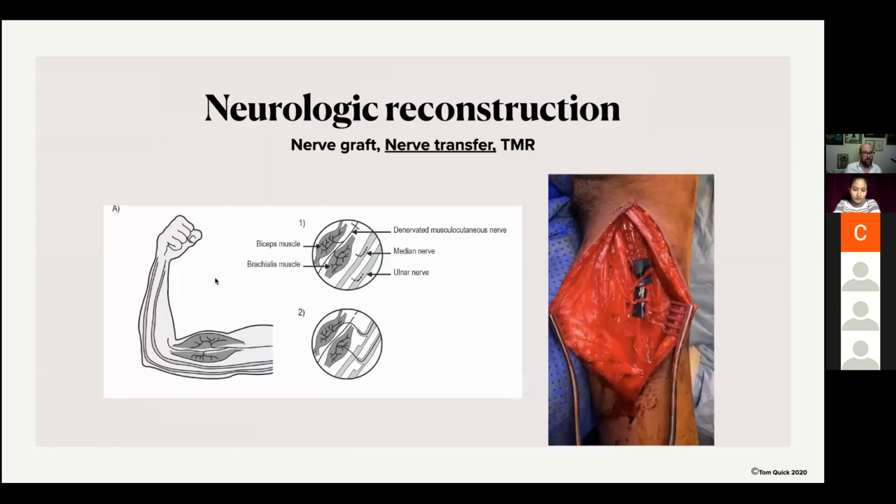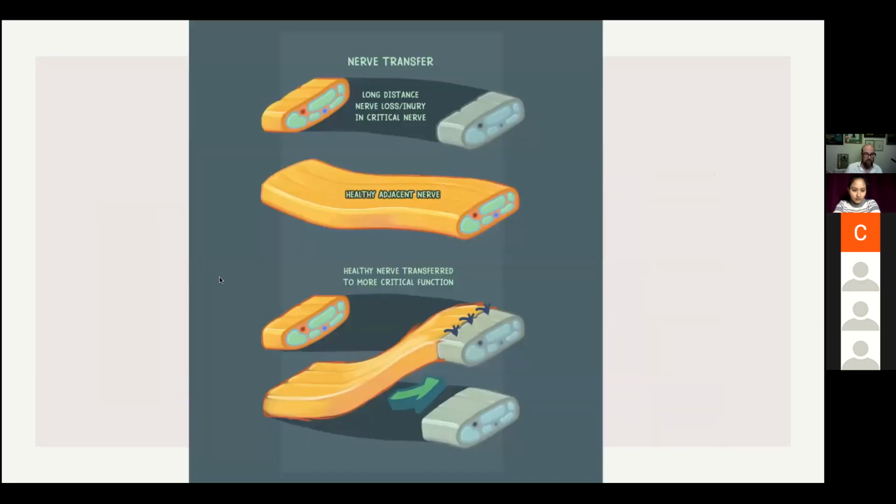And then we've got something wonderful called nerve transfers. And this is where we take a nerve passing the injury. So I've got an injury here and it's referred late. I don't have time to go all the way down to the biceps, but there's all the nerves to the hand passing right by. So I can steal some of those and wire them in. So there's a long distance here that I can't do, but there's a working nerve. So I can cut the working nerve. I'll lose some function because of that, but I'm going to throw that up to grow into,